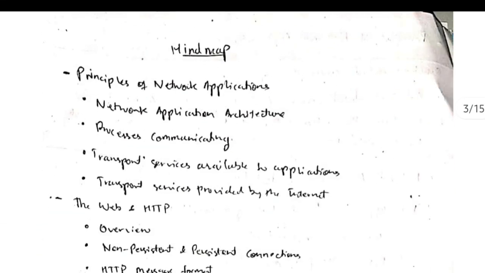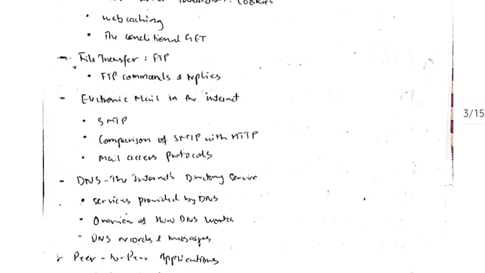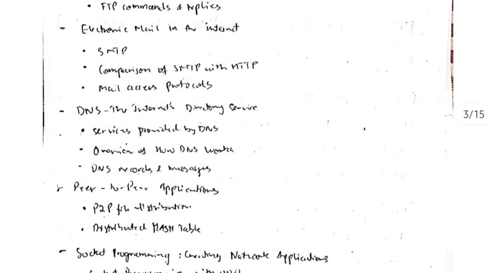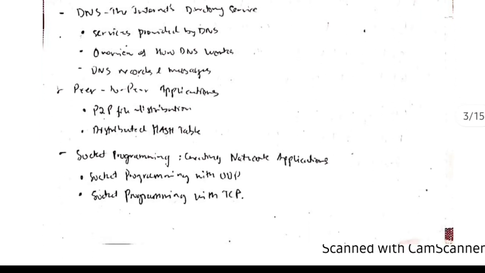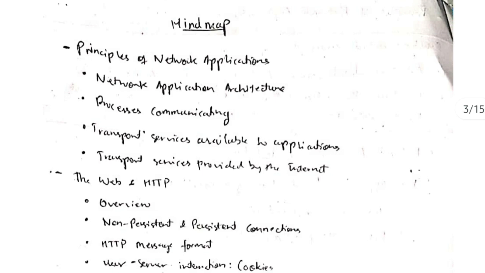I'll give you an idea of what the module is about. Firstly, in the first module we will be learning about the application layer, and we have 7 subtopics in it. The first one is principles of network application, and after that we have the web and HTTP, then file transfer protocol, and then email, and DNS, internet directory service, peer-to-peer applications, and socket programming, okay. So let's get started from the first one, which is principles of network application, okay.